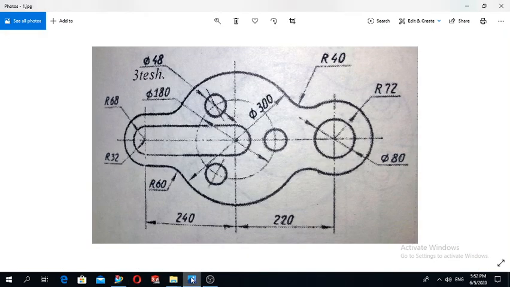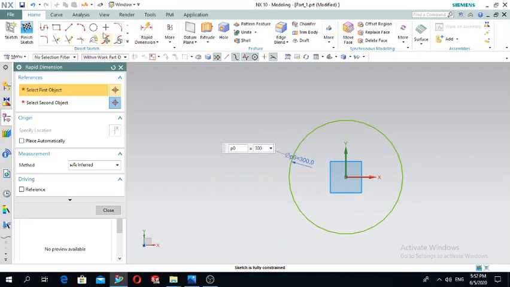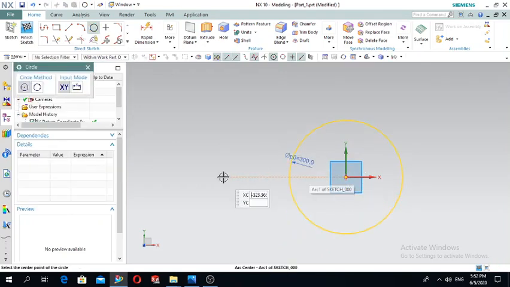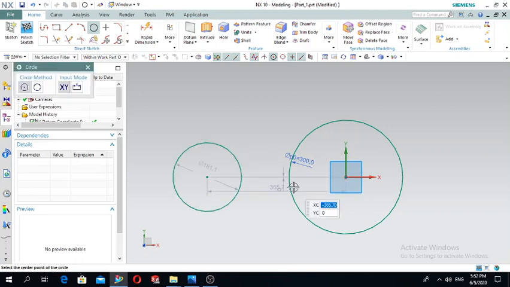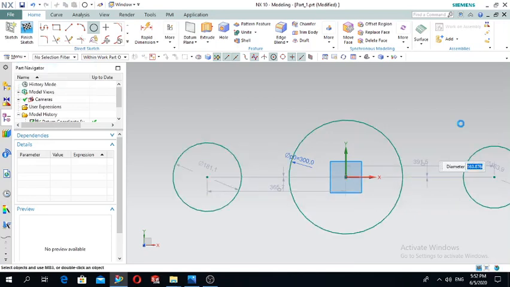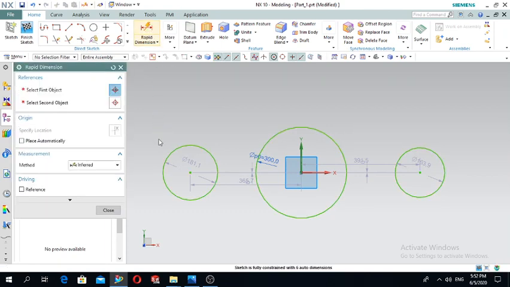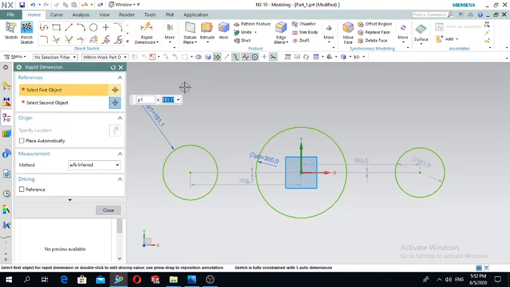So then in the next step, for example, we can draw firstly this circle and this circle. This circle's radius is 68 and here the radius is 72. So the circles are at the same point, in the same axis, two circles here. Draw the circles and put the dimensions. The radius was 68 and the diameter will be 68 multiplied by 2, and here